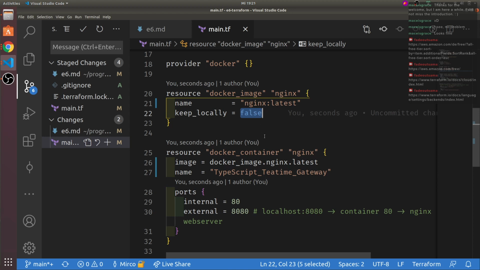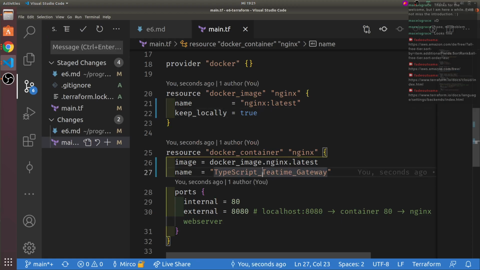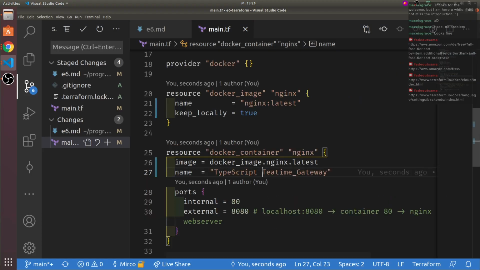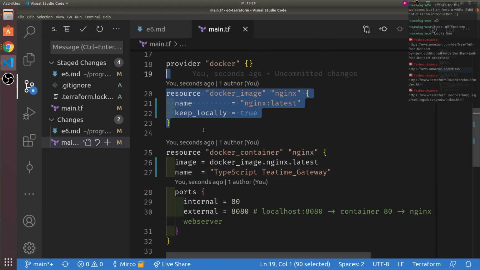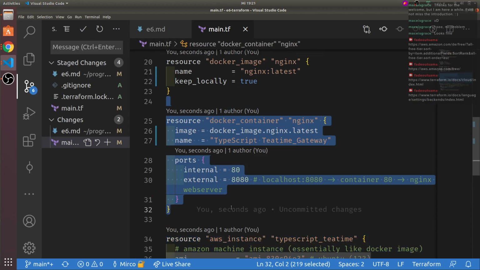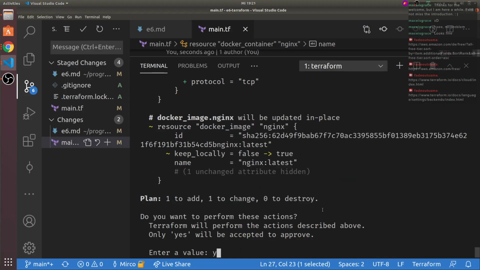Let's cause it to error. Keep locally true. But we intentionally put an error inside of here. I'm curious whether it will still execute this one. It probably will. Or whether it already learns that, oh no, this is not possible. So, oh, you already see.